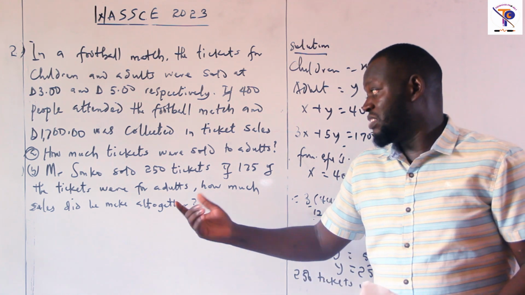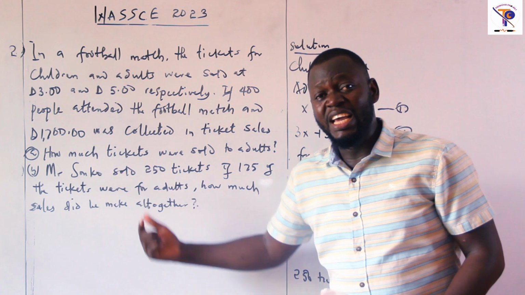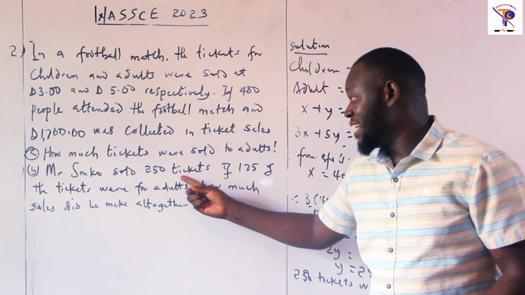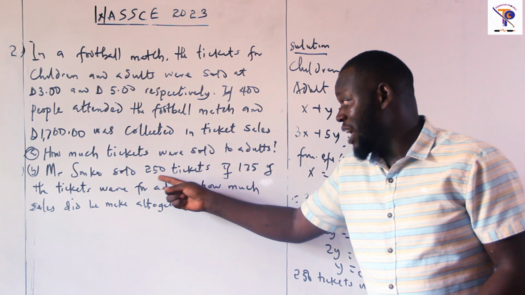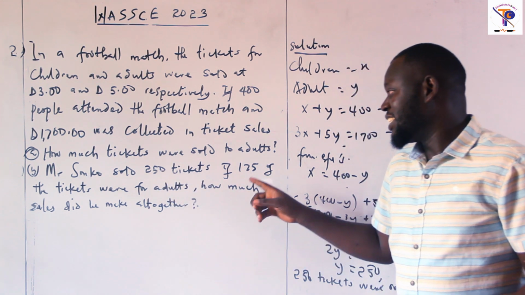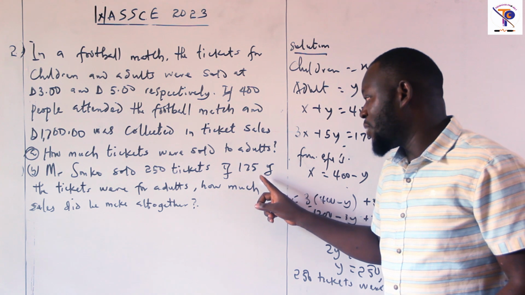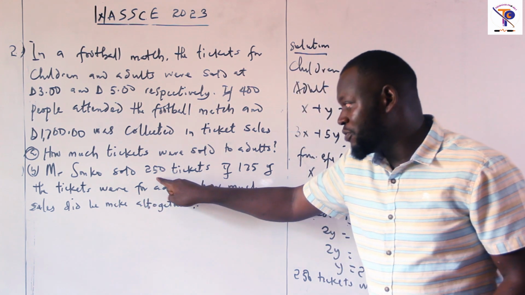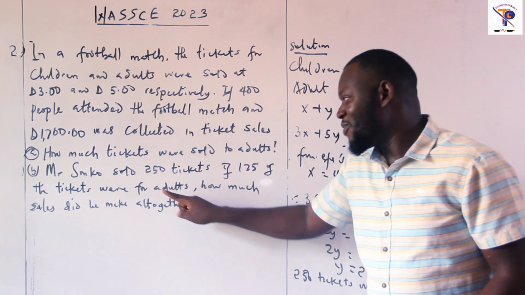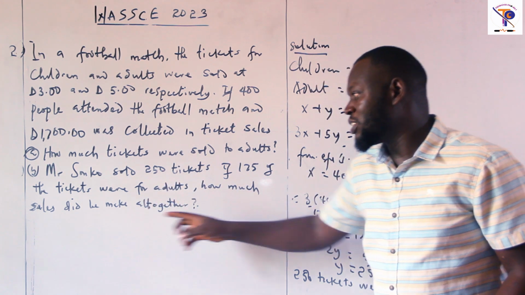So definitely they may have taken a name and given a ticket. So he had sold this ticket. So that is 250 tickets. And if 175 tickets were for adults, out of 250,